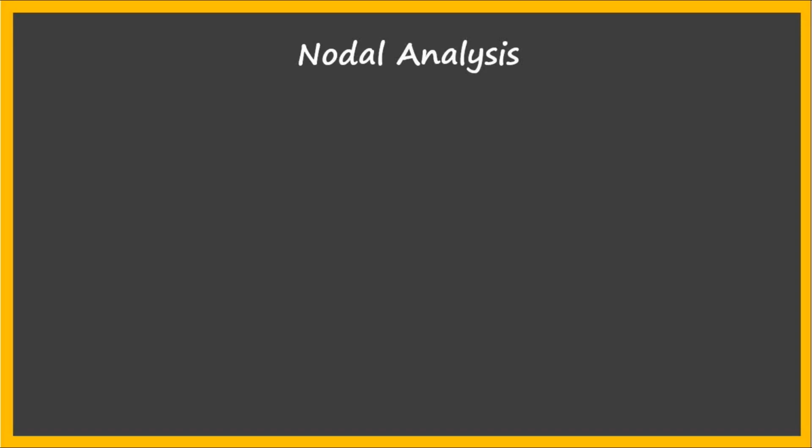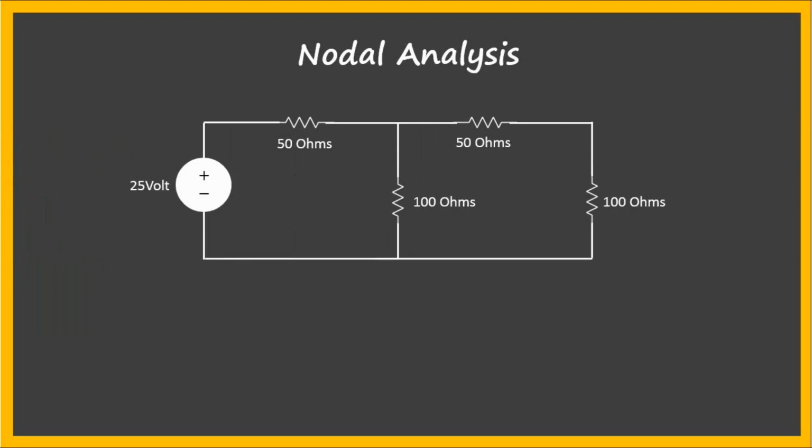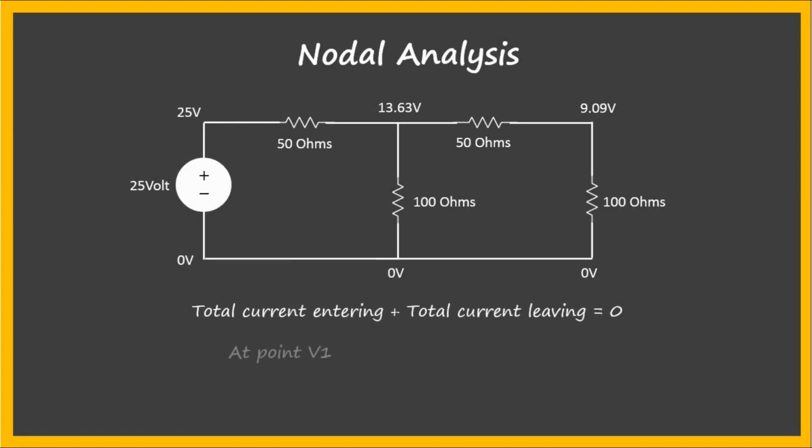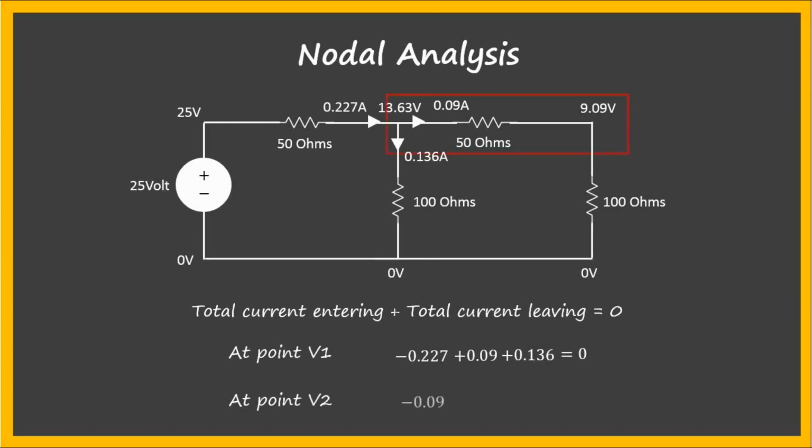Let's put the determined values in the KCL equations to verify KCL. The circuit is shown again on screen. The same known voltages are again mentioned on screen, but this time V1 and V2 voltages are also there, as we have now determined them as well. Writing KCL at point V1, these are the 3 currents found after putting the values of V1 and V2 in the equation. The negative sign value is the entering current and the positive sign value is leaving, as you can see on the circuit as well. Similarly, verify KCL on point V2 as well, and you will find